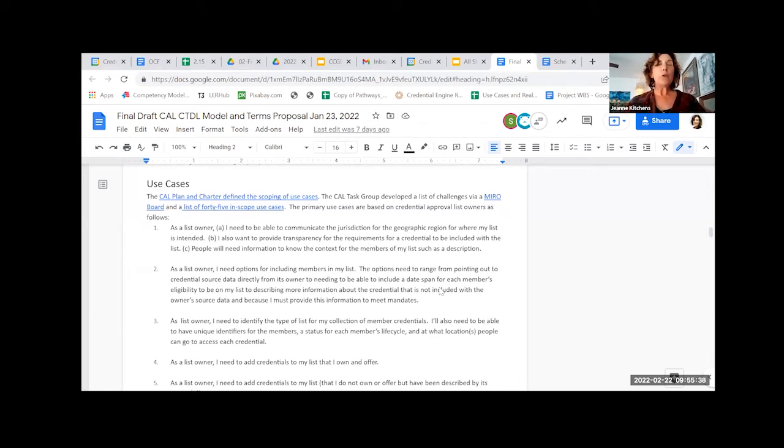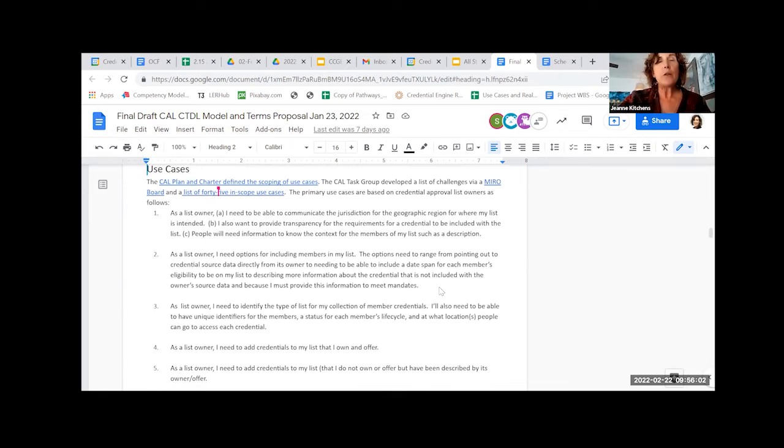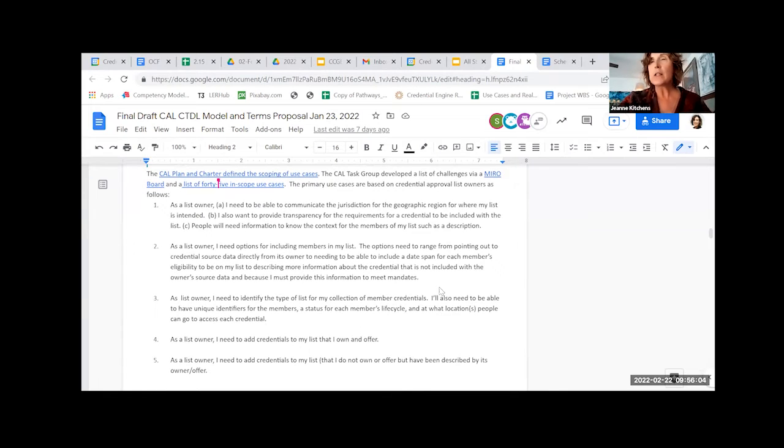So for our use cases, we gathered a lot of use cases. And we can share the link to the documentation on the use cases that were scoped in the task group charter. But we really wanted to focus here on the key or primary use cases for list owners, because we do have use cases for other actors, as I mentioned.